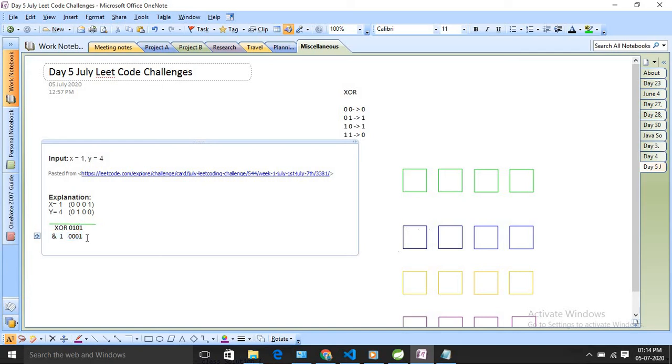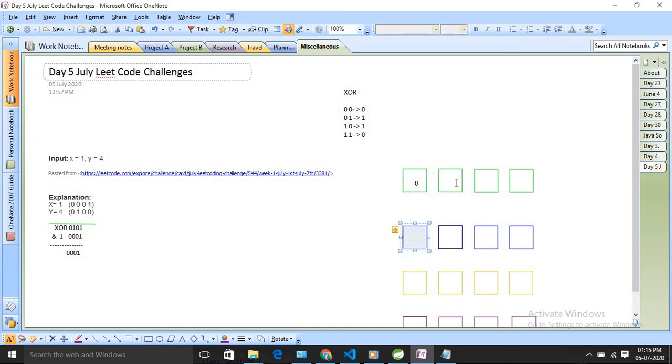So if I do the AND operation here, what will be the answer? It will look like 000001, which means if I am getting 1, that means the last bit was 1, and I am going to increase my counter. So that will be the first step. Now I need to check for the next bit, right? So for this bit, at first my number was, if I put it here, it was like this.